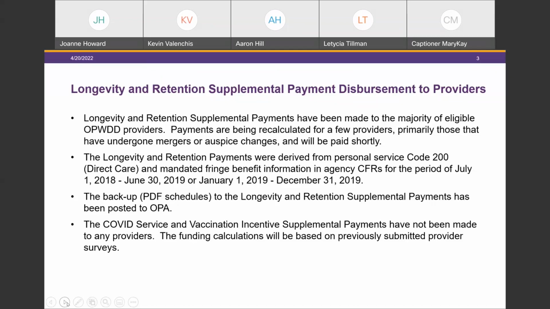OPWDD and DOH did not consider the transition of portions of programs to other operators. Their calculations only considered wholesale changes of programs from one agency to another. As a result, in instances where less than the entirety of a given program transitioned to another agency, the receiving agency should develop an arrangement to appropriately compensate those other provider agencies who assumed oversight of such programs.